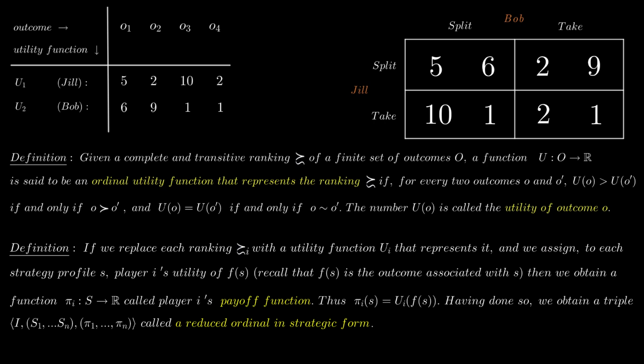So, for example, in the bottom left cell, the outcome for Jill is to receive $100,000. So the payoff for her is 10, which is higher than the payoffs of the other outcomes for Jill. Okay, so now let's move on to the concept of strict and weak dominance of strategies.